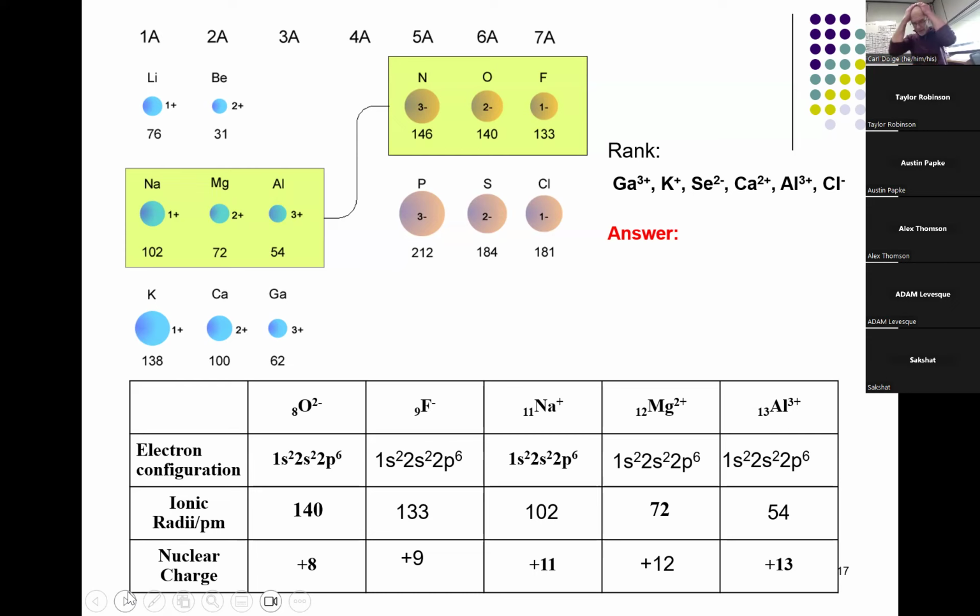So look at the bottom then on the key question number 8. Across an isoelectronic series, the ionic radius, well, what does it do? It decreases. Why? Because for the exact same number of electrons, the nuclear charge increases. Therefore, there'd be more attraction of those electrons for the nucleus.